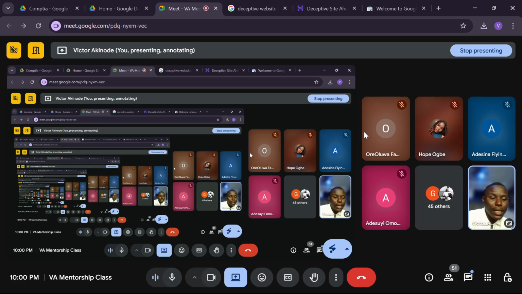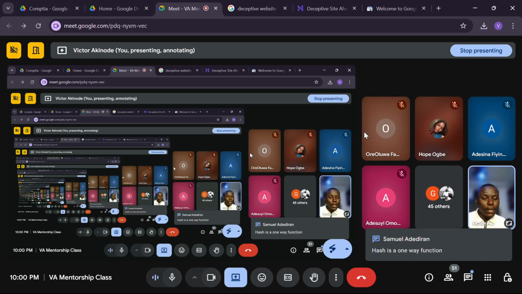For hashing, you cannot dehash. When I was mentioning encryption, I said that you can decrypt. When you encode something, you should be able to decode. Encoding and decoding is used in communication. I think I did that when I was an undergraduate, like when you're dealing with something like electrical signals, that's when you start using encoding, decoding, modulation, demodulation, and all of that. But in cybersecurity, majorly, hash is just one way. So you cannot dehash. Once you've hashed it, nobody can. Though